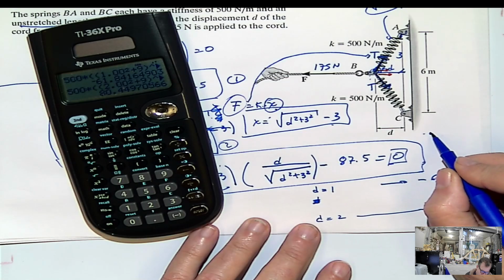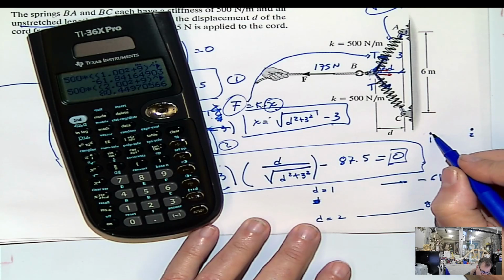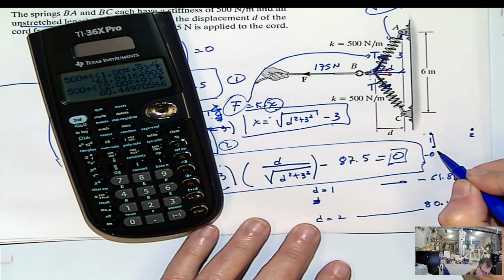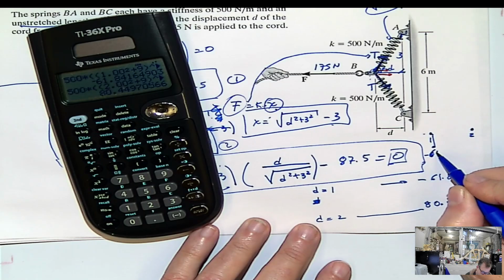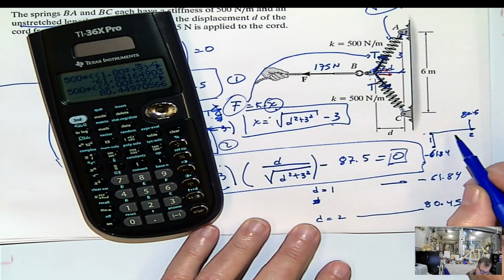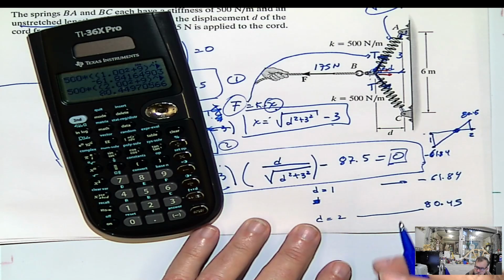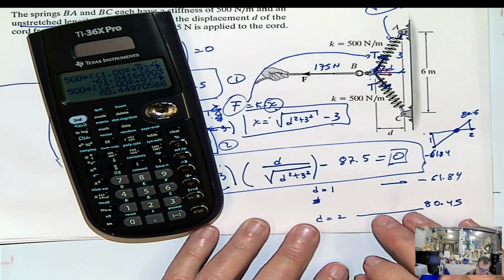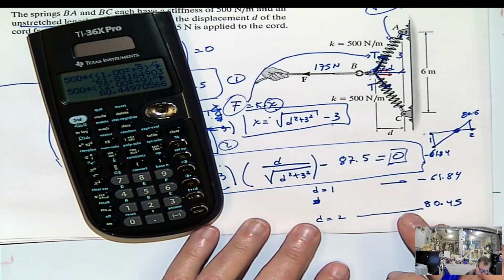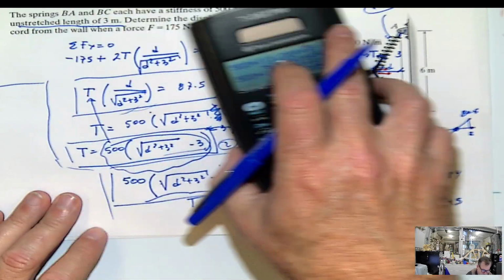So we have the value for 1 here, we have the value for 2 here: negative 61.84, and for 2 we have 80.45, meaning between 1 and 2, we're going to have a zero crossing, and this is what I'm looking for, that zero crossing. This is the value that is going to make this equation converge to zero, because that's the result of the equation there. So let's try 1.5,